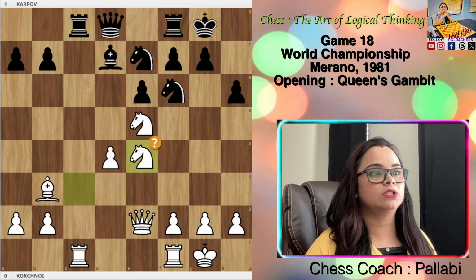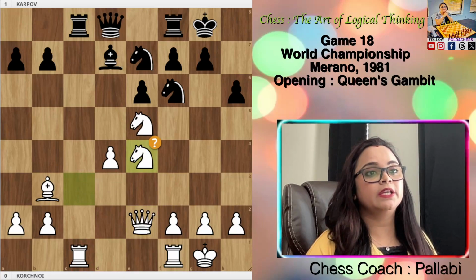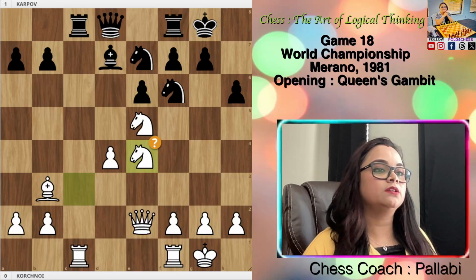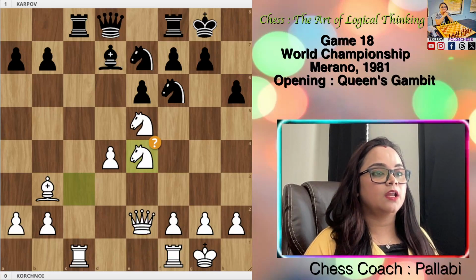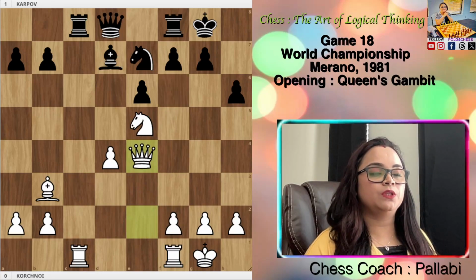Knight e4. We already know that exchanges favor the defender in IQP positions, so white should have preferred simple development with rook fd1 and a balanced position. Now black played knight takes e4, captured the central positioned knight. White captured with the queen, and now